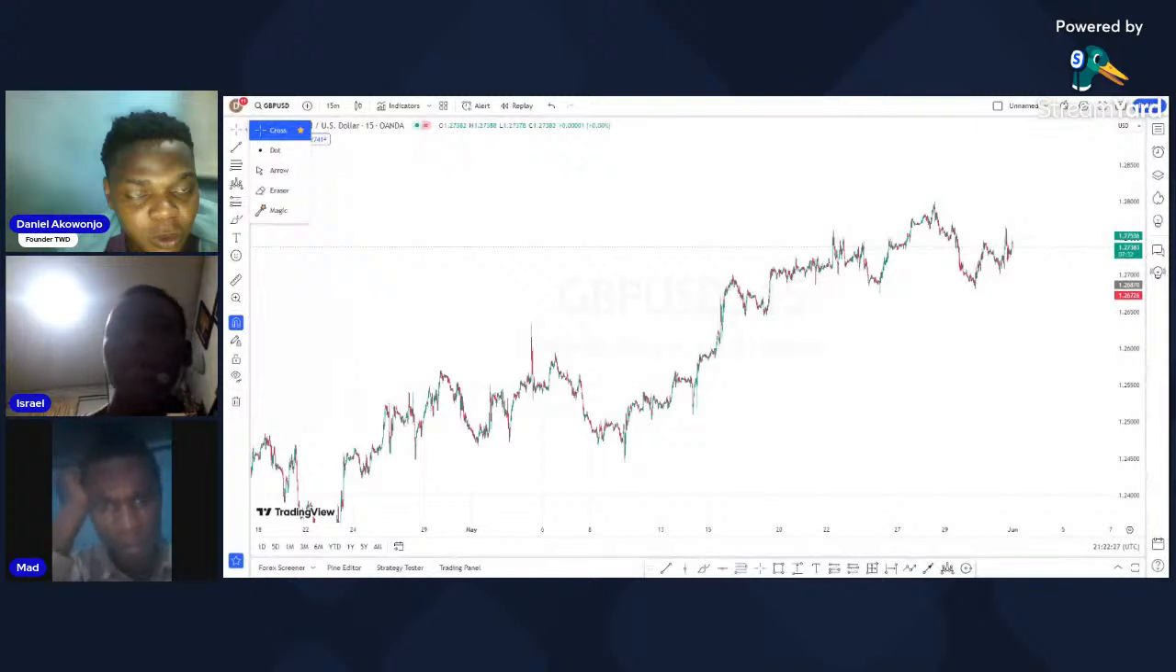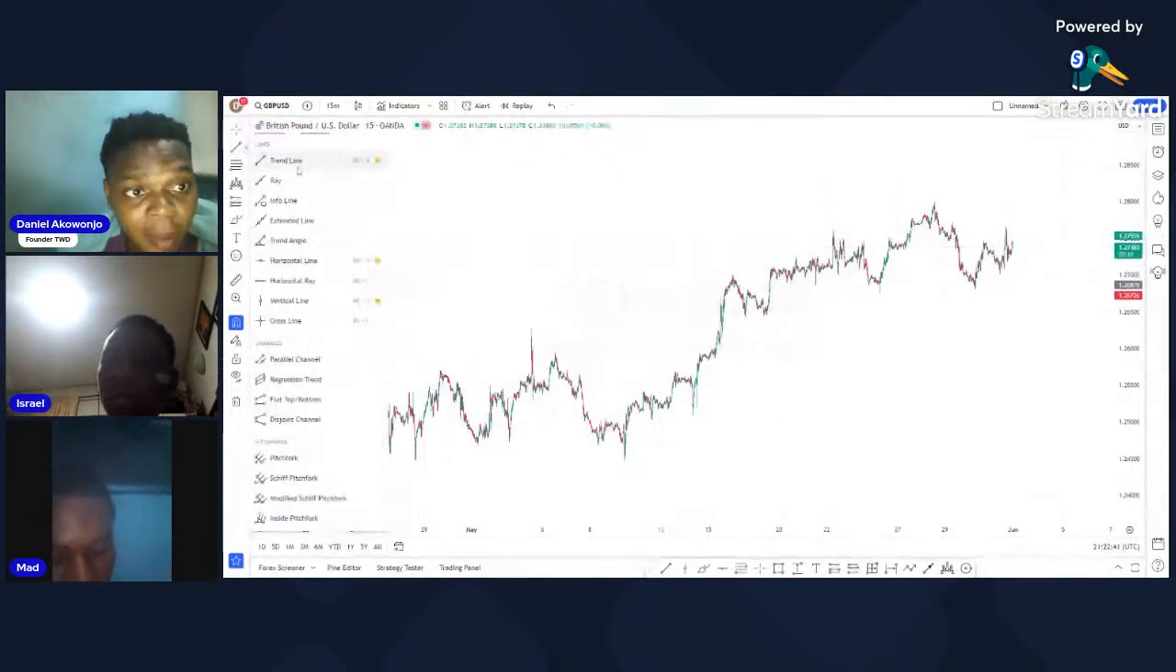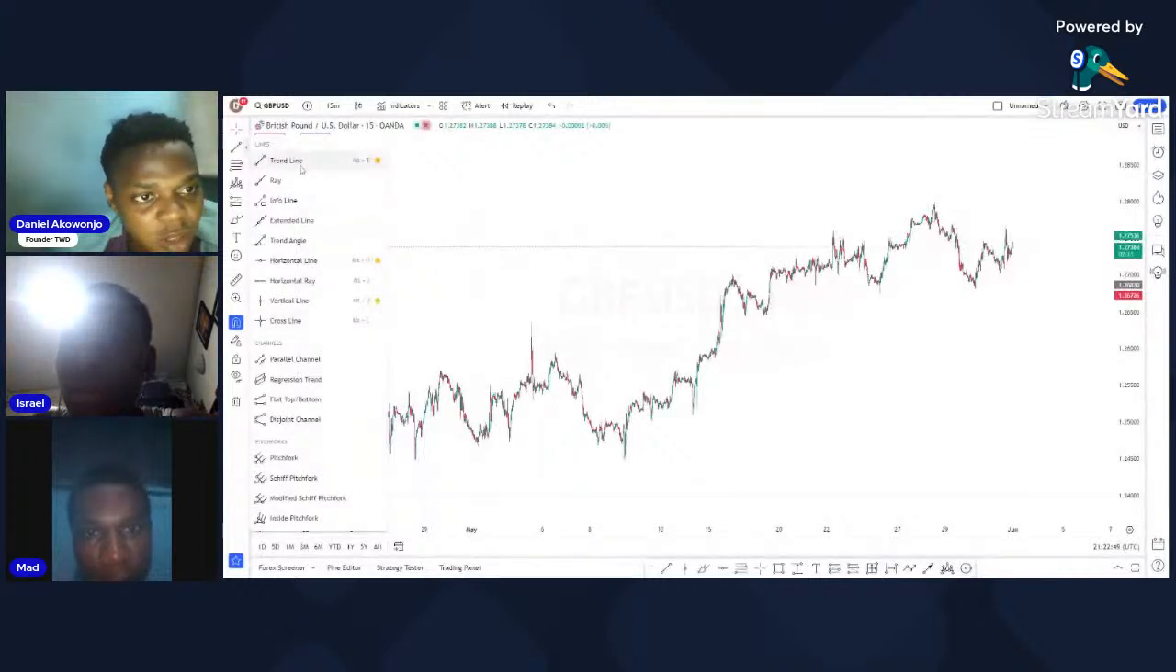So let me continue. These trading tools, the first one I said just indicates how your cursor wants to be. Then the next one has the trend line, which is part of the tools you'll be using as a technical analyst. You need your ray, info line, all those things. We don't really need them. But the only ones I need there is